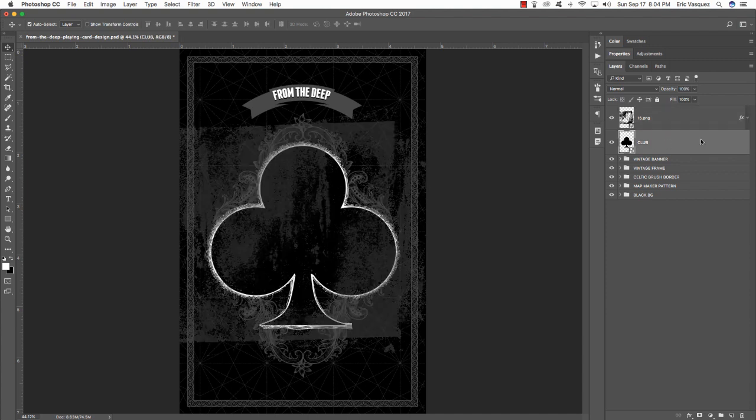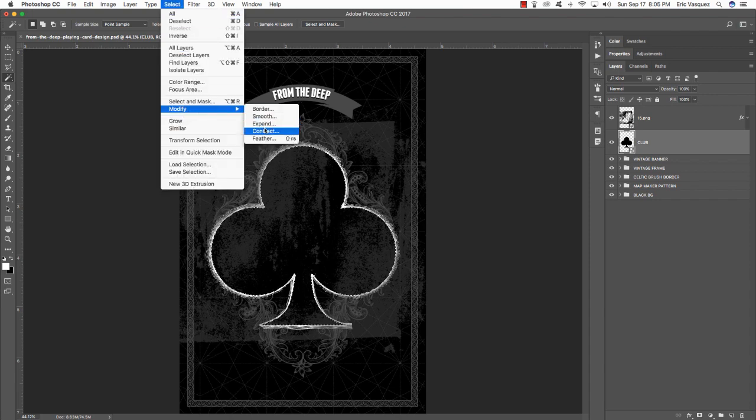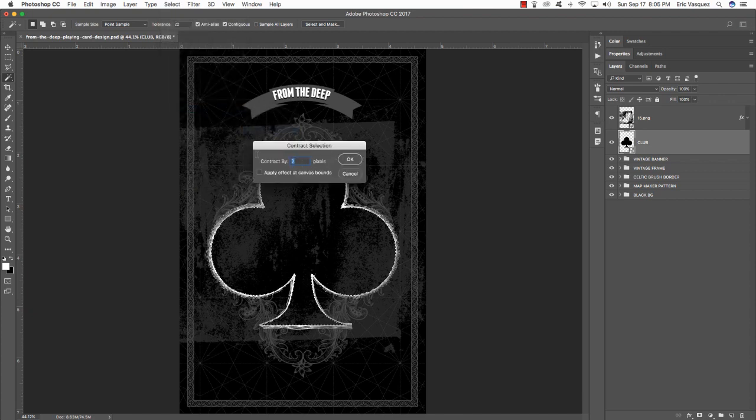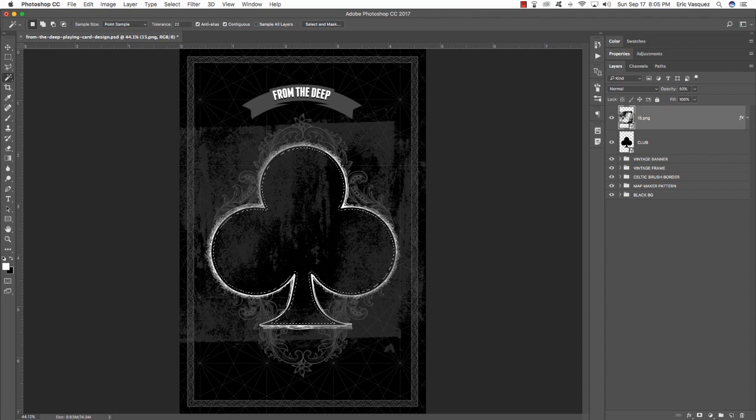Now select the club texture, or the club shape just below. Press W on the keyboard to get your magic wand tool. And now we're just going to click inside of this club shape, and it's going to select all of the black that's inside the inner part of that shape. So once you see these marching ants here, you'll know that you have an active selection. And once you see that, you'll want to come up here to the Select menu, choose Modify, Contract, and let's go ahead and contract this by about maybe 10 to 12 pixels. I'll enter a value of 10, press Return, and now select your grunge texture, or 15.png,